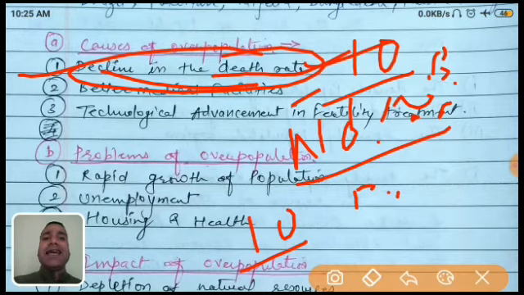So death rate and birth rate influence overpopulation. If the birth rate increases, definitely the population increases, and along with it if the death rate decreases, the population is increasing. If the condition is just the opposite, what? The birth rate is very low, it means one family gives birth to only one child, and the death rate is 2, so obviously the population is decreasing. I hope you understand, it is the balance of death rate and birth rate. Now see the next one.